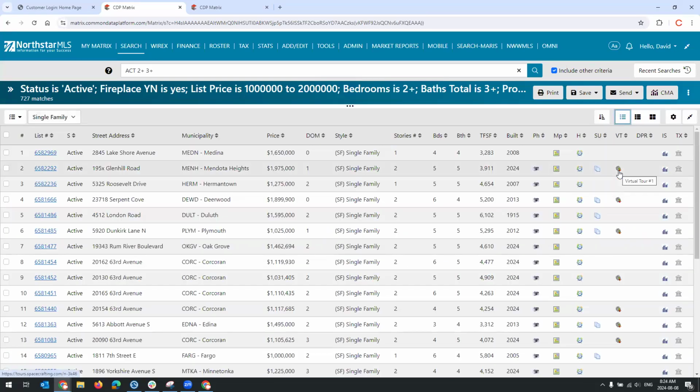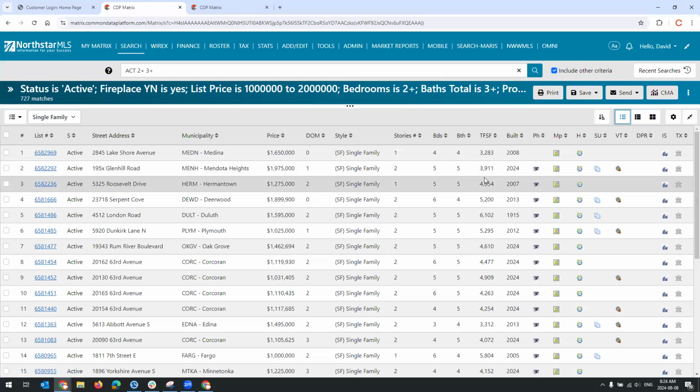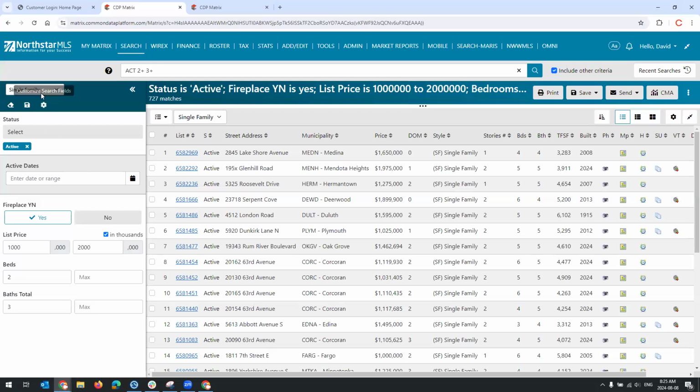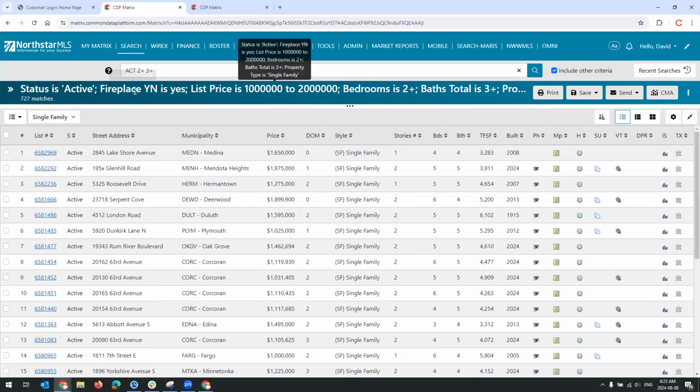Going back to the single line display, just like we saw in the criteria, where I was able to select the specific criteria that I wanted to display for my own personal use, and this is what I did for the single family, I'm able to do the exact same thing with the display. Again, this is the same functionality that we had back in the legacy, but just to show you that it's still included with the